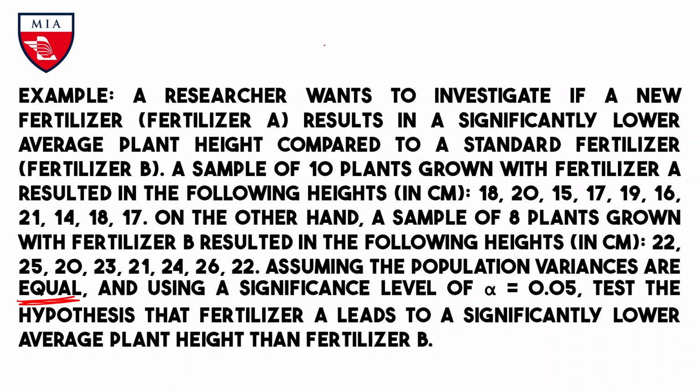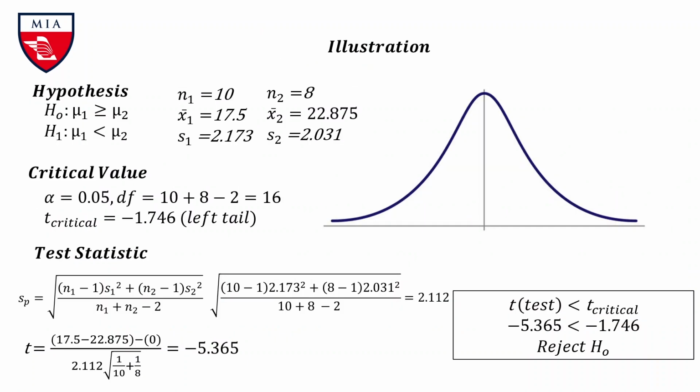Therefore, our mu1 is less than mu2. So this is our alternative hypothesis. Our null hypothesis is the complement, therefore mu1 is greater than or equal to mu2. So we have n1 equal to 10, n2 is 8, x bar 1 or our mean 1 is 17.5, mean 2 is 22.875. So we have s sub 1,